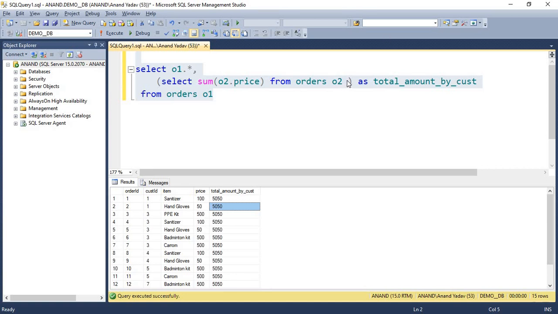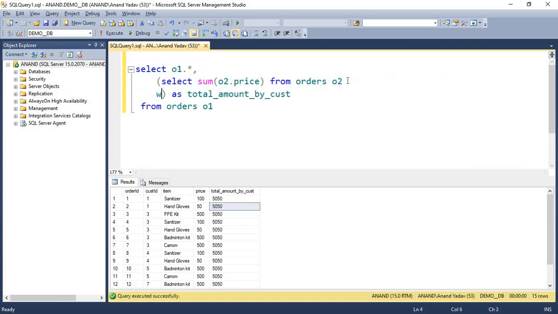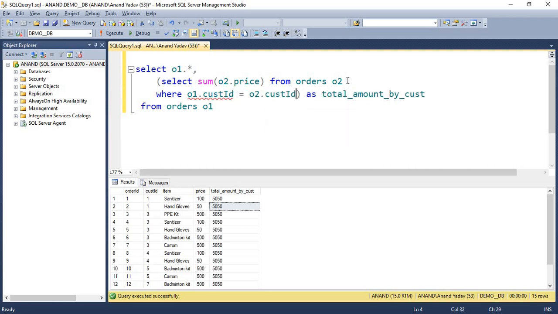So the twist is that we provide a filter condition like o1.customer_id equal to o2.customer_id, because I want to perform the sum only for the matching customer. Like, if I want to find out how much money customer 1 has spent, whenever there is a match it will return the sum. So let's see the output.